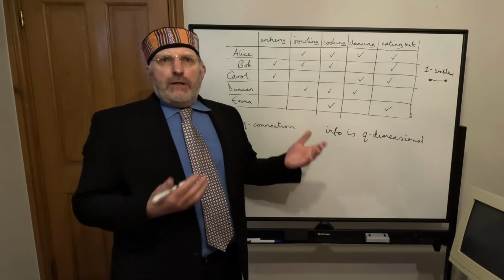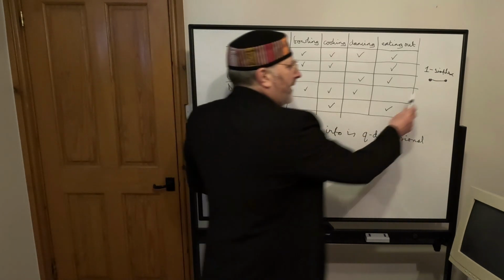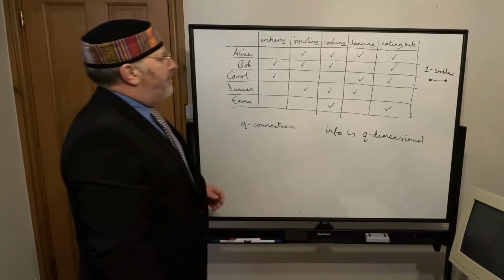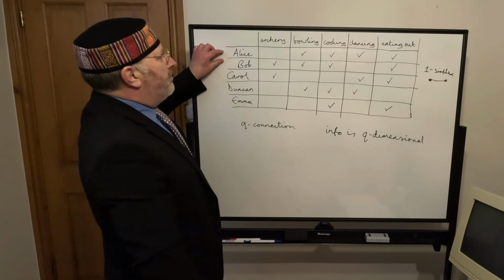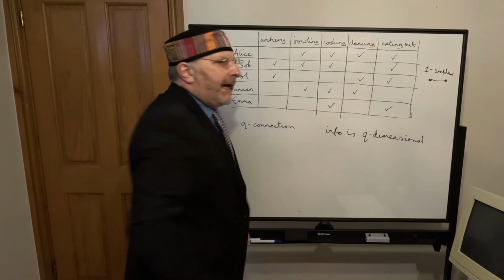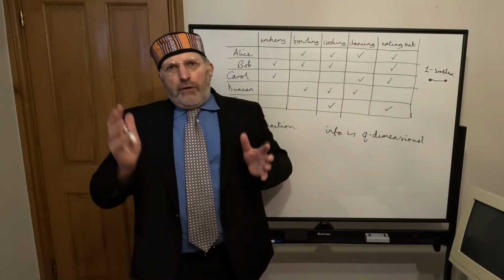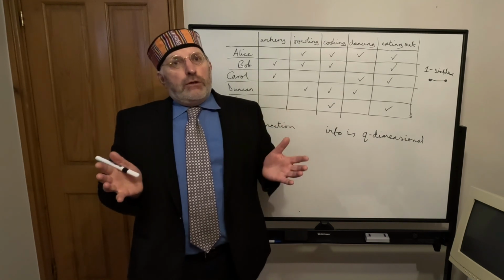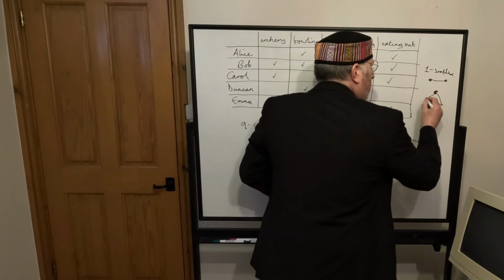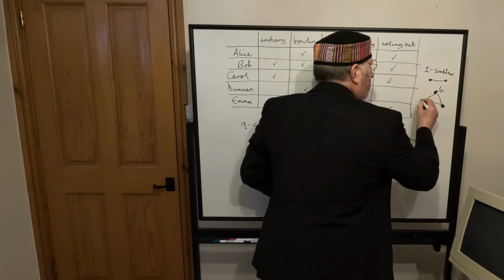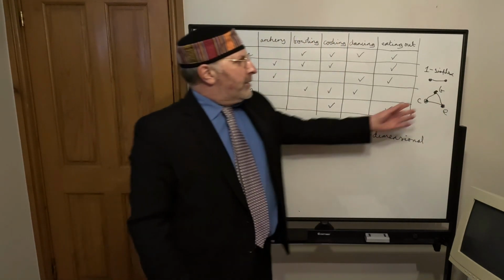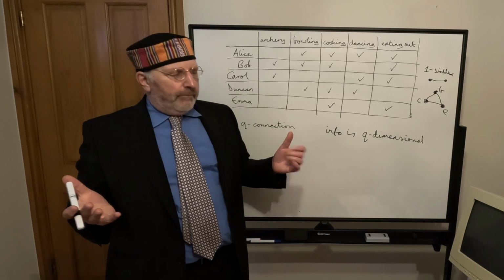So that is 1-dimensional information that they can share, because there are 2 issues, so it's joined by a line, so we call that 1-dimensional information. But if we take Alice and Bob, they have got 3 things in common: bowling, cooking and eating out. So they can discuss 3 things, they can juggle 3 things. So they can deal with 2-dimensional information, 2-dimensional because it's got 3 points. B, C and E. They can juggle those 3 issues. They can handle 2-dimensional information.